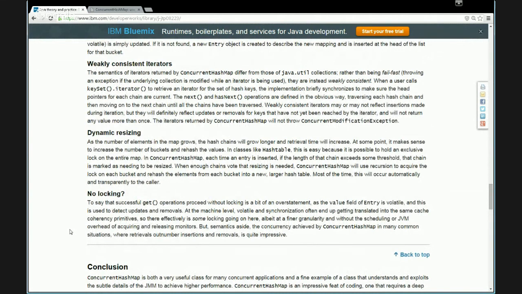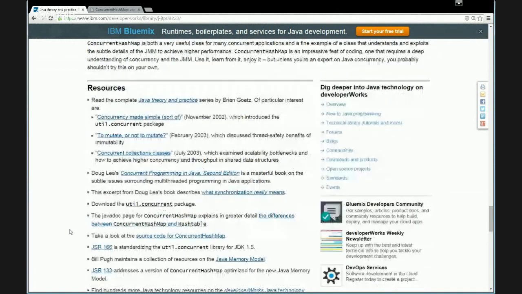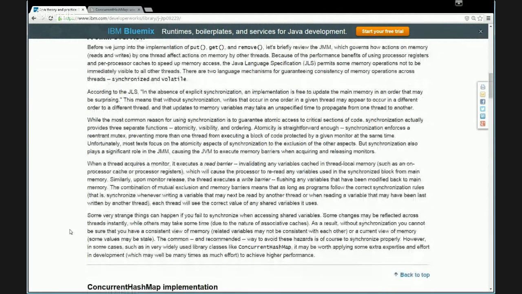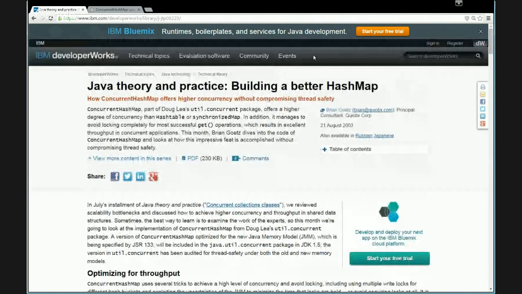Doug Lea wrote the bulk of it, and this is not the latest and greatest implementation. There's been some things that have been changed over time, but it'll give you a flavor for how they're able to do these really cool non-blocking operations in